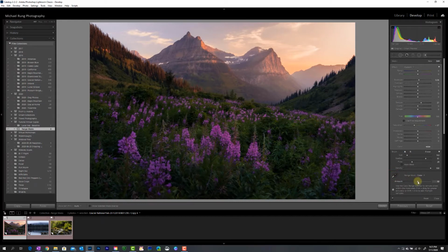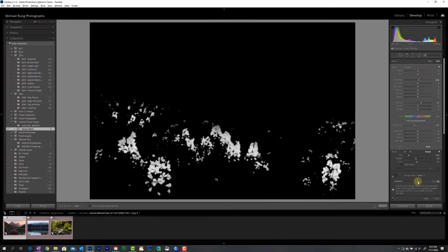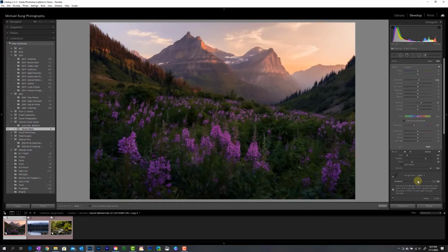Now if I come over and hold down Alt or Option and then click and hold on the amount slider, you can see I've got that very refined selection now in place. Again, white is indicating where the adjustment is being made. So if I were to hit the O button again to turn on that red overlay, now you can see the difference that that range mask has made by selecting that color range for this